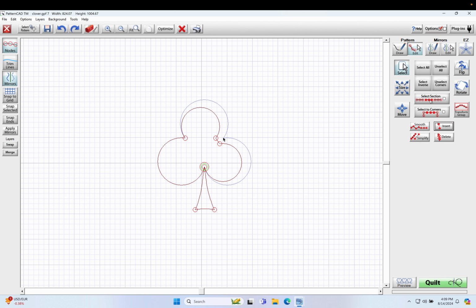So we need to move that node out to there, back to where it was. Okay, and unhighlight it. Then we need to move that node out onto that line there. We highlight that and move that. It's all a bit of a pain, but